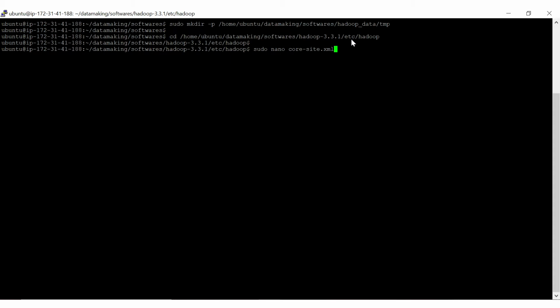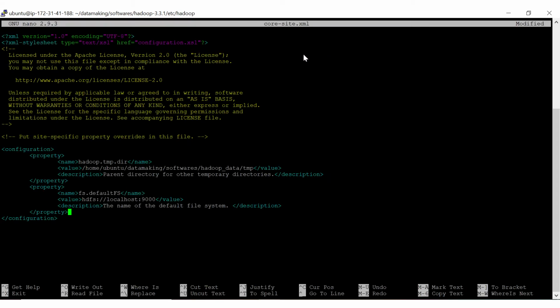This is the location where all the configuration files are located. I'll first open core-site.xml, which is generally used to specify the Hadoop temporary directory as well as the HDFS URI, the host name and the default port number for the RPC connection.